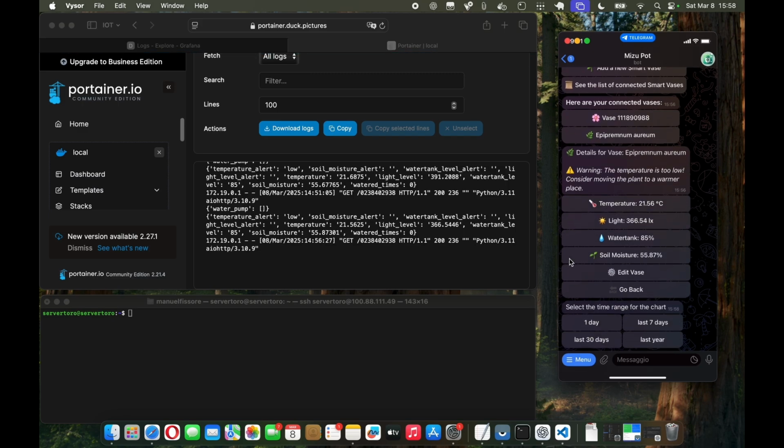The user can plot the charts of the data collected by the sensors. He can decide and select the charts